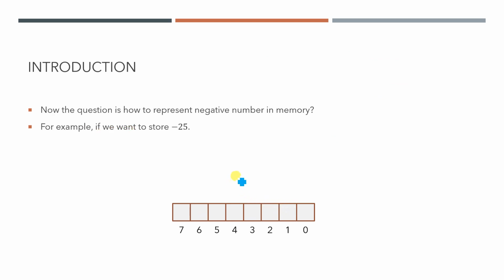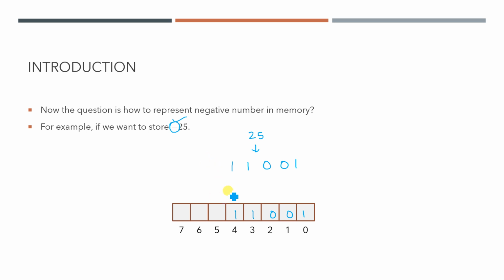Now consider a negative number. So the question is if you want to store a negative 25, we know that 25 in binary is 11001. This is the binary conversion of 25 we have already discussed. But what about this negative number? Whenever I want to store 25, I can store it like this: 1 1 0 0 1, and the remaining bits, I told you, should be 0. So what about this negative? How will a computer differentiate between a negative number and a positive number?